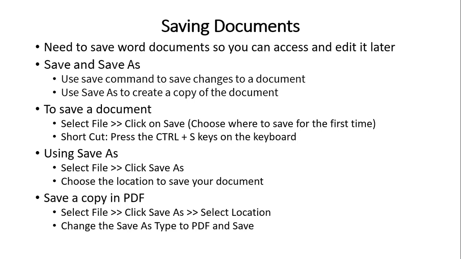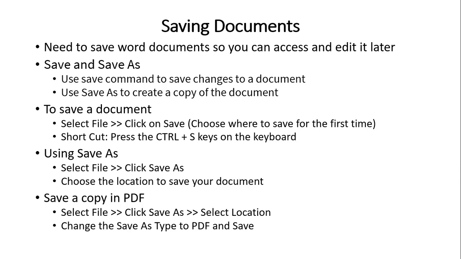Next thing is we have Save and we have Save As. Now what we do is that we use Save As to create what? A second copy, a different copy of the existing file. So I'm working in Word, and the one I'm working on, I take that one to be the original document, and I want to create another document. What I will do is that I will go to Save As. When I do Save As, then I give another name to that document, and then it becomes a copy.